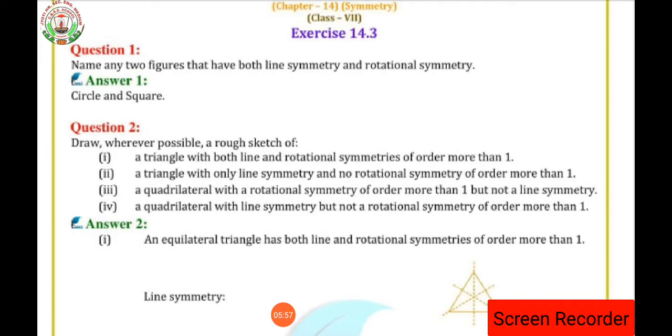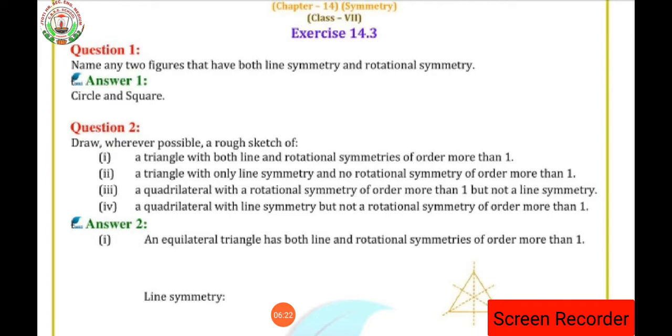What is said in question number 2? Draw, wherever possible, a rough sketch of. So dear student, what do we have to do here? Here we have to draw a rough sketch. Which kind of figure do we have to draw? That is present in question number 2, first part. We have to draw a rough sketch of a triangle with both line symmetry and rotational symmetry of order